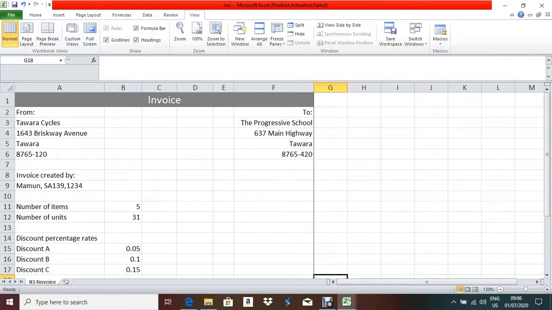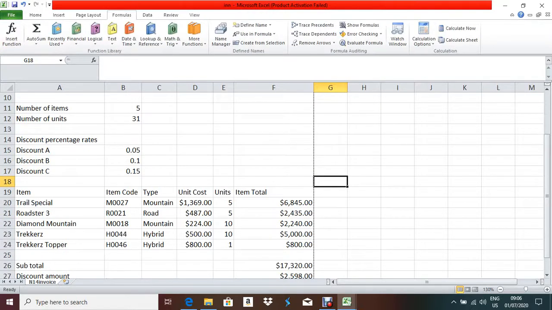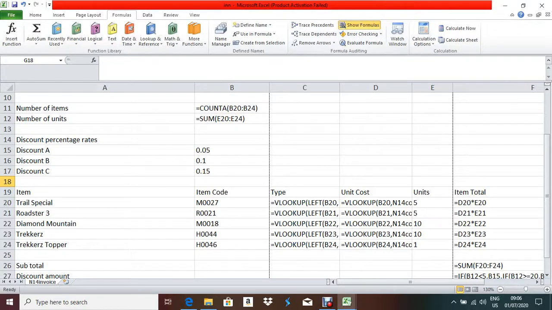Now how to show the formula? You have to go to formula, not view, formula, and click show formula. So you will get one option here, show formula. Now see, all the formulas are visible.